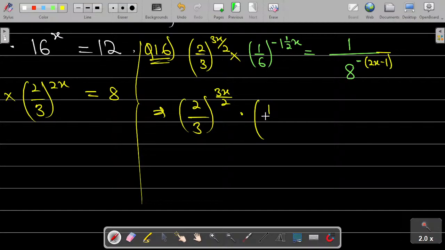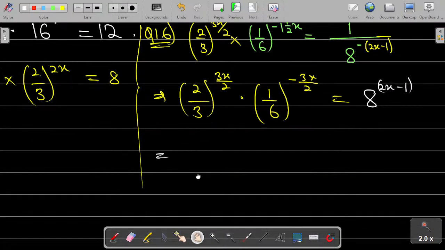Okay, 1 over 6 all raised to the power of minus 3 over 2x, which is the same thing as minus 3x over 2. Now this one, the denominator is to the power of a negative value, so you can now remove that 1 over and change it to positive power, so which is 2x minus 1. Okay, right? So that 1 over removes this negative power, and so this is going to be equal to,